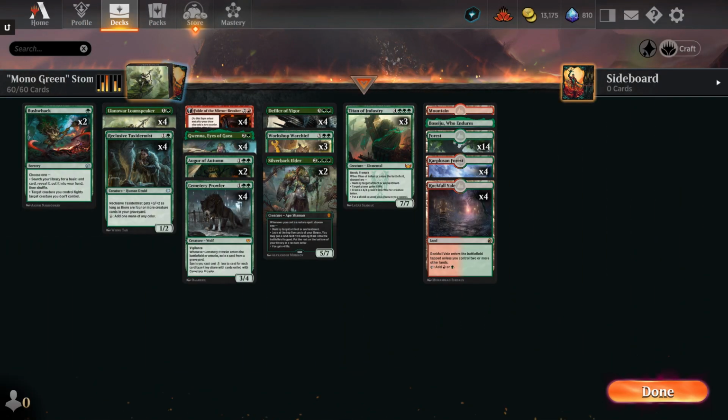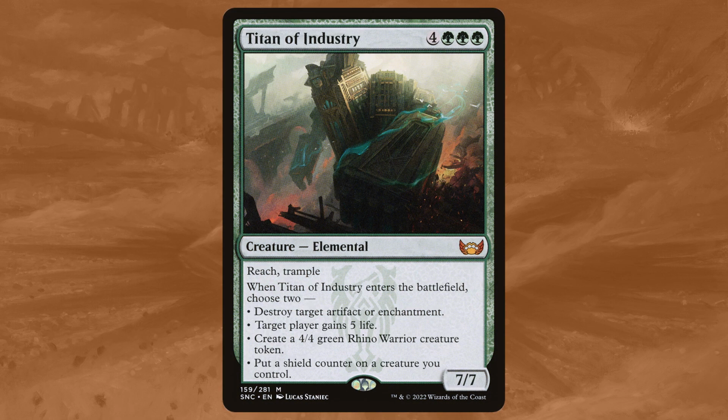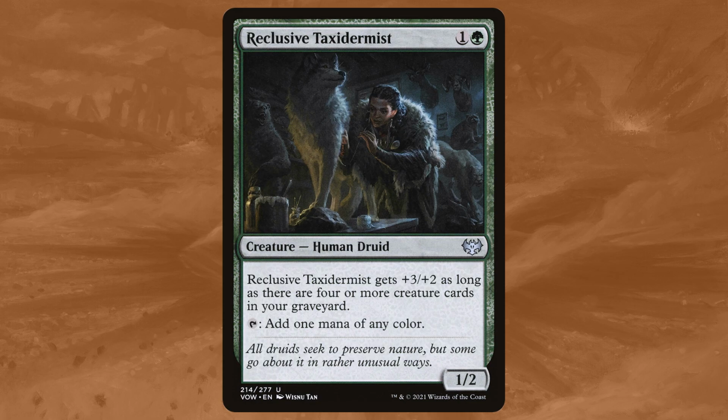Hey everyone, today we are playing some mono green Stompy. The goal of the deck is to play some absolute behemoths such as Workshop Warchief and Titan of Industry as fast as possible. The way we do this is through ramp spells such as Llanowar Loamspeaker, Reclusive Taxidermist and Gwenna,